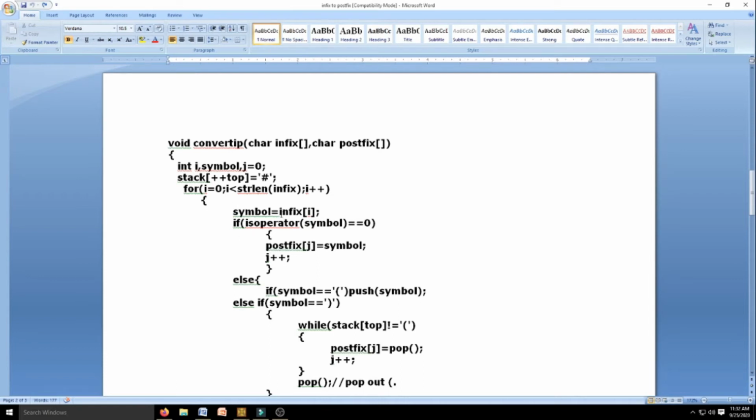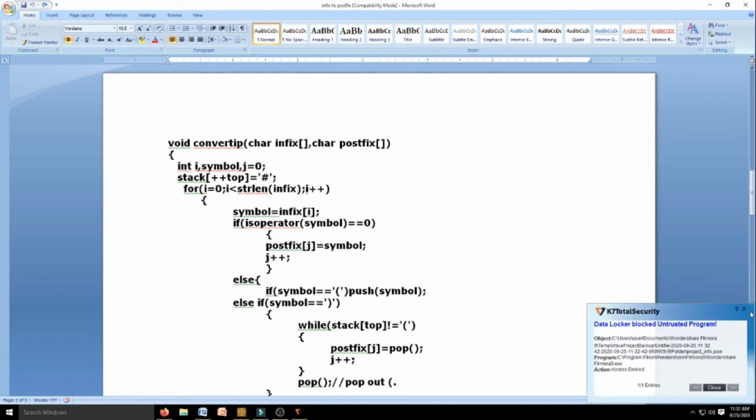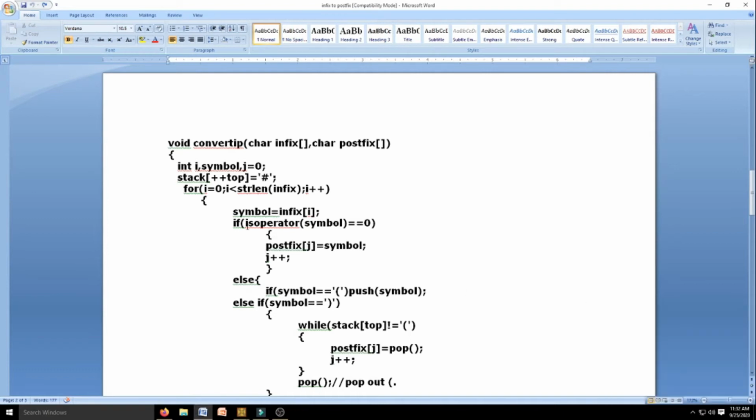For example, I am taking a local variable called symbol, which I am reading from the infix expression, the corresponding character. So that character will come here. The symbol that I am now taking is an operand or an operator, that I have to decide first. That will be decided by calling this function.